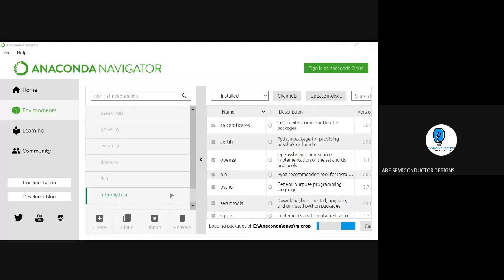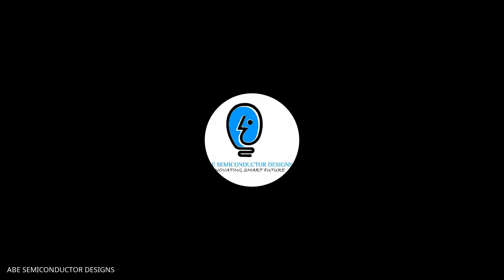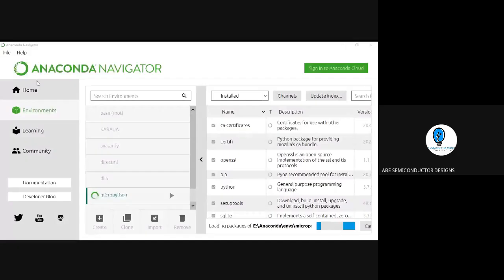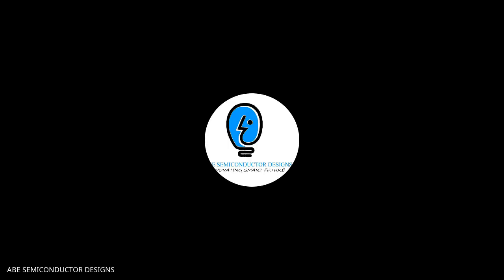Now you can understand the environment is different. Now it starts collecting your PyFirmata, and the environment called MicroPython will have the PyFirmata for Arduino, right? And in the same way, in the base root also, I have the PyFirmata for the Arduino. So you can use any kind of application. This is the power of the Anaconda Navigator by creating the environment. So this you can use. Another MicroPython will have Firmata.